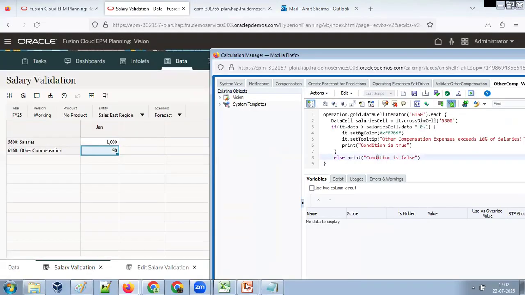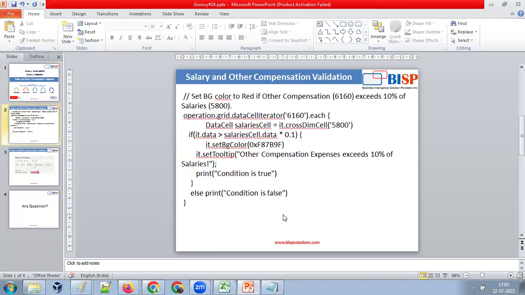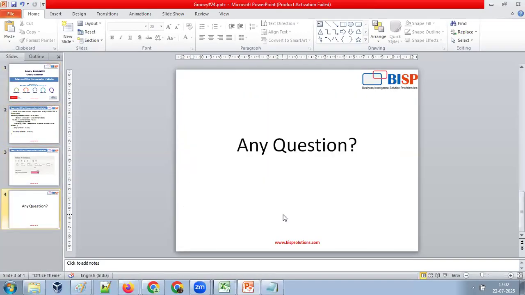Right, so that's it. There's one tiny example of a Groovy script. In the same fashion, you can apply more advanced examples on top of this. So my objective is to give you techniques, and then you can apply more complex expressions on top of that. So that's it for